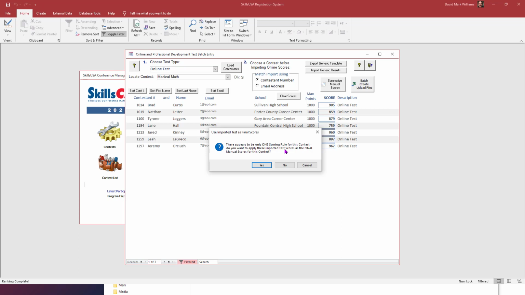Do you want to apply these rules we just imported, these scores we just imported, as the final manual scores for this contest? In other words, we're not going to be importing some judge's additional scoring of how they did at medical math. This is it. This first student got 905 points in medical math. That's his entire score. So yes, in this case, we do want to use that as the final manual scores